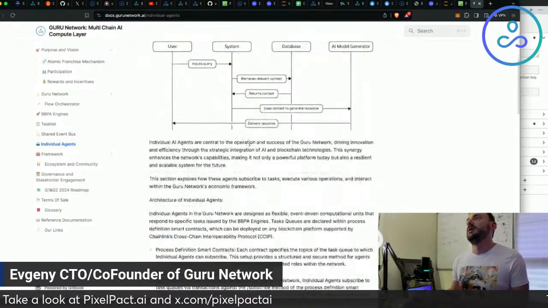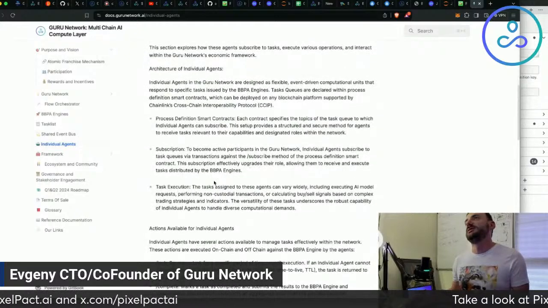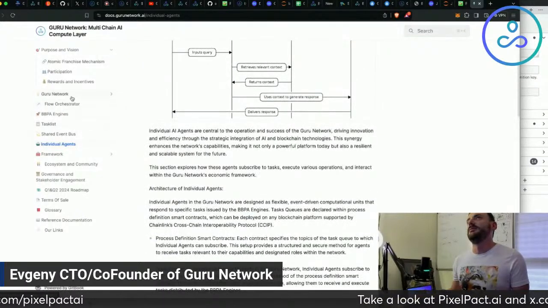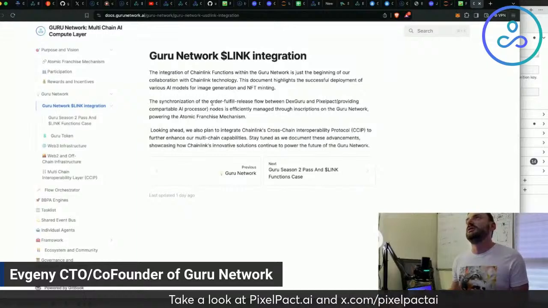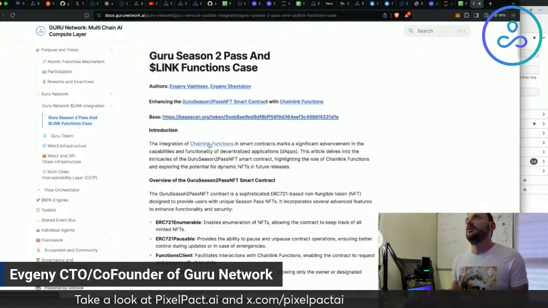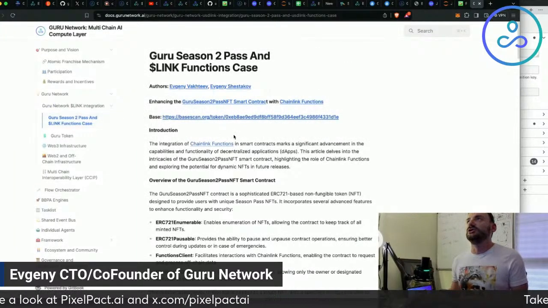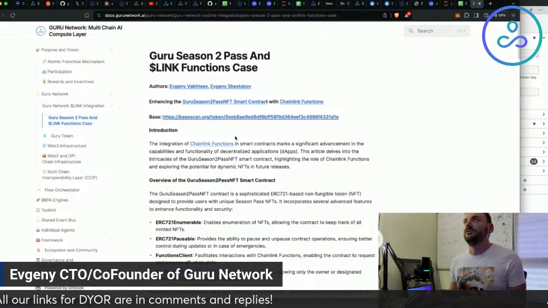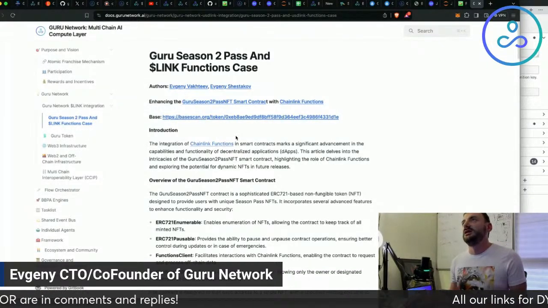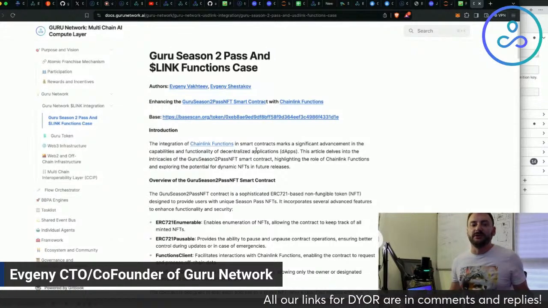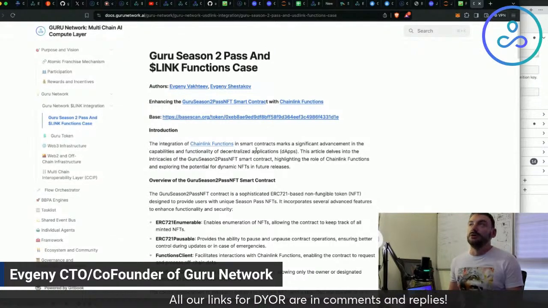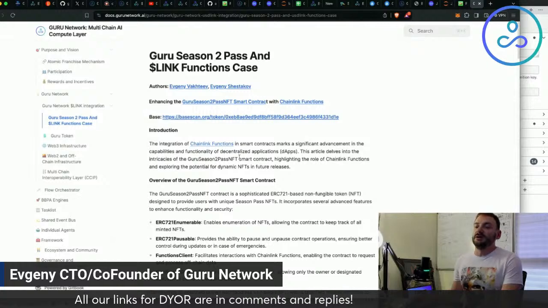There are not many technical examples here, but we have one regarding our Chainlink integration, documenting how Guru Season 2 passes utilize Chainlink Functions to update the Merkle root in our NFT smart contract.